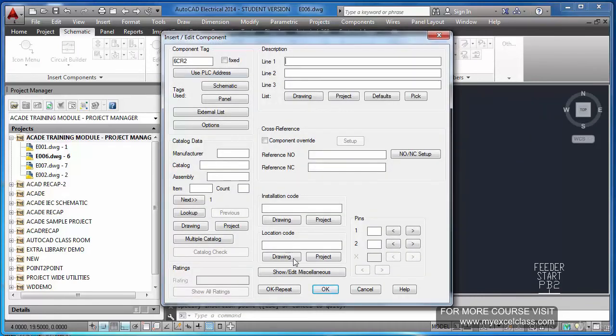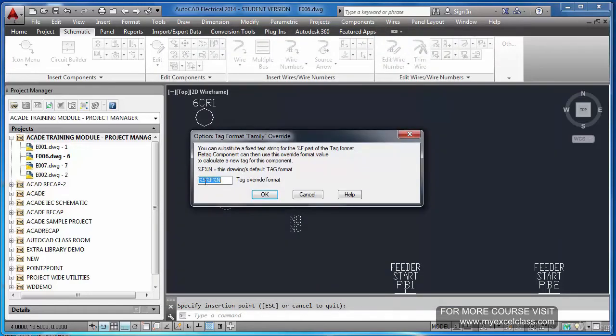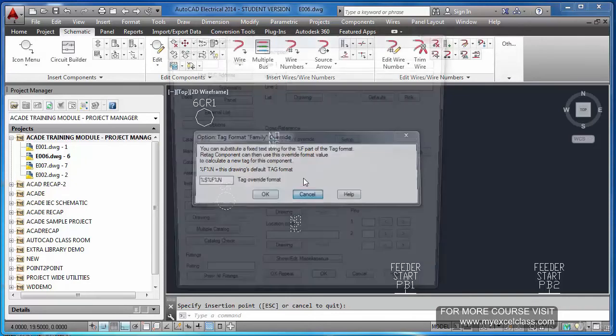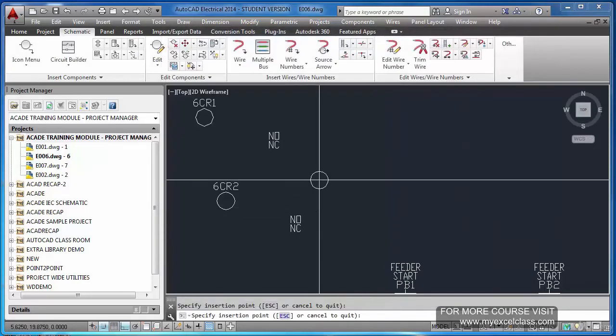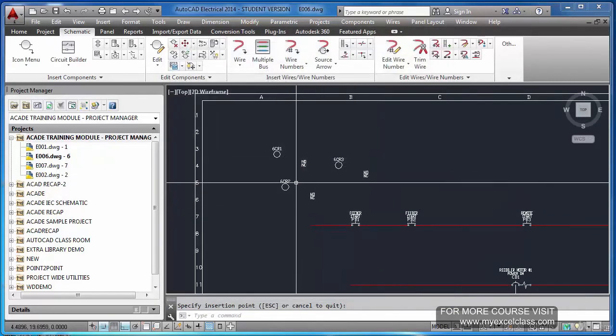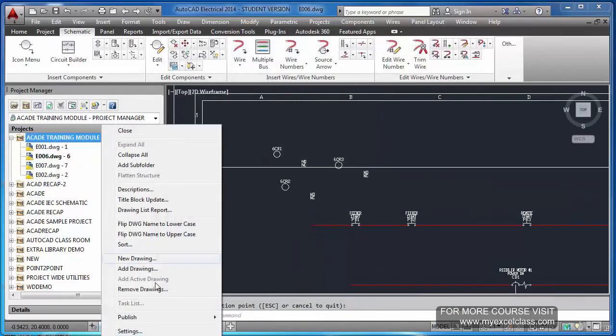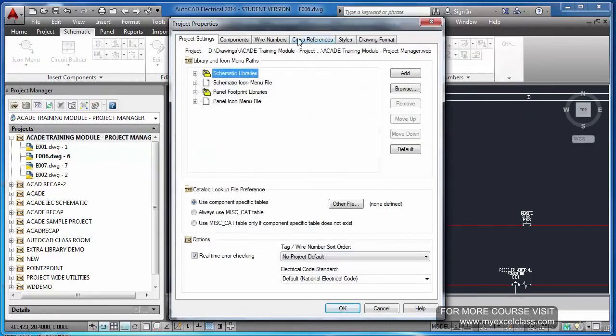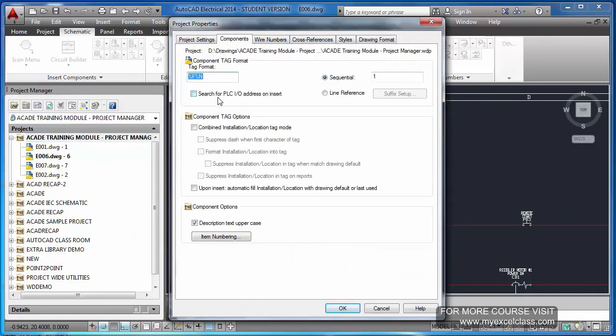Earlier it was coming as simple CR1 because there was no percentage S. This way you can customize your component tagging. In fact, while starting your project itself, there is an option for components.